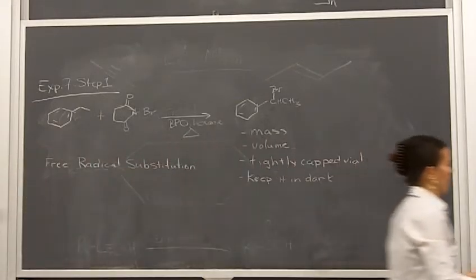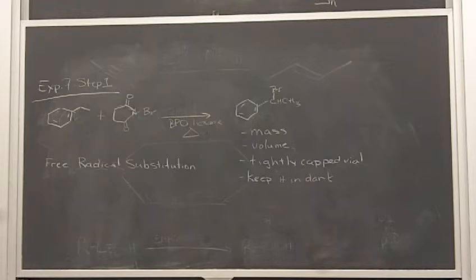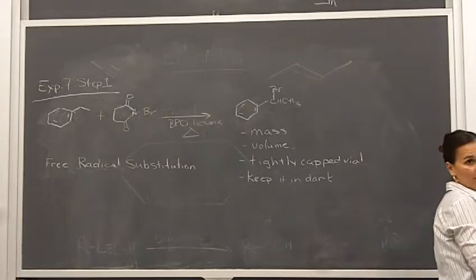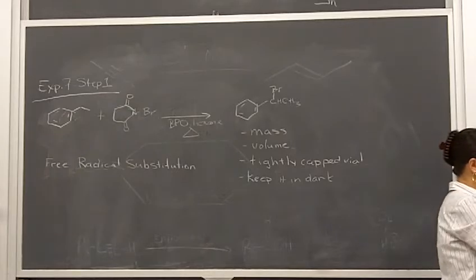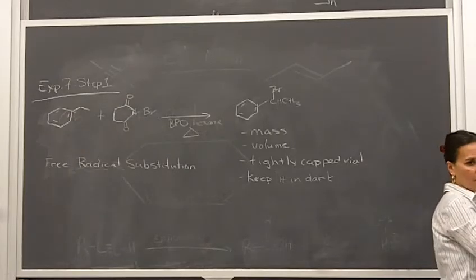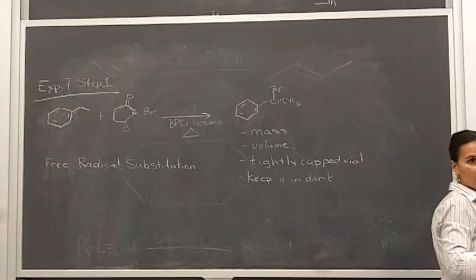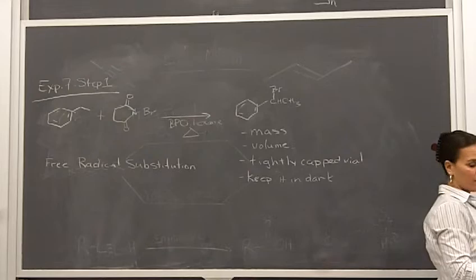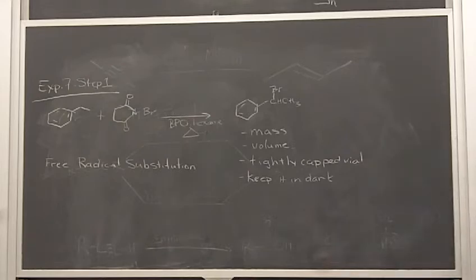So let's look at the radical chain reaction that's involved. So it talks about that benzoyl peroxide being kind of our initial source of radicals. So it kind of just throws some radicals out there, okay? So we're not going to talk about it in terms of our different steps of the radical chain reaction, but know that it's just out there to get the radicals started, and then from there we kind of follow